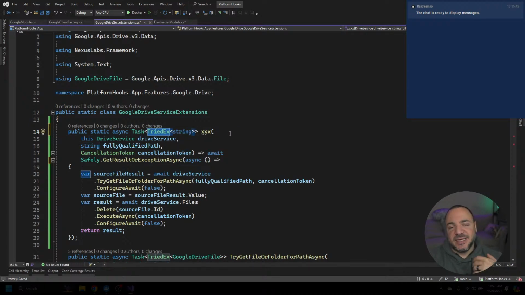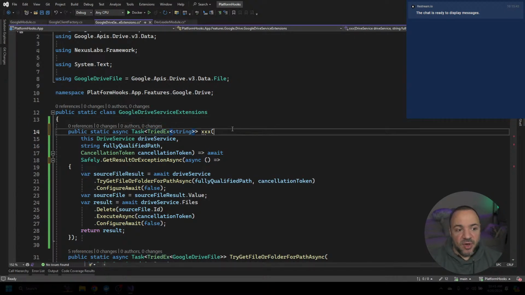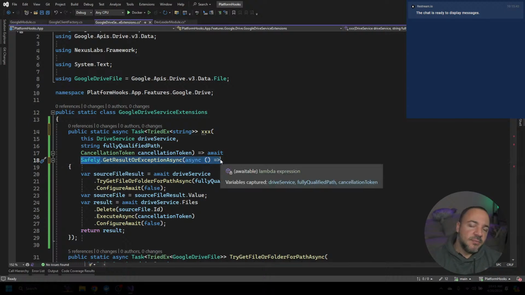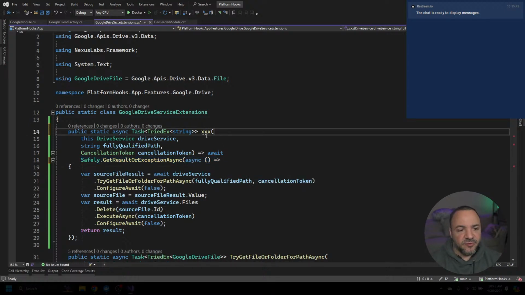This is basically like the one-of library. We don't have that as a first-class thing in C#, but this is my result type object that I've made, and this is a helper method that when I wrap stuff in it, basically gives me that functionality for free. So that means if the drive API throws an exception